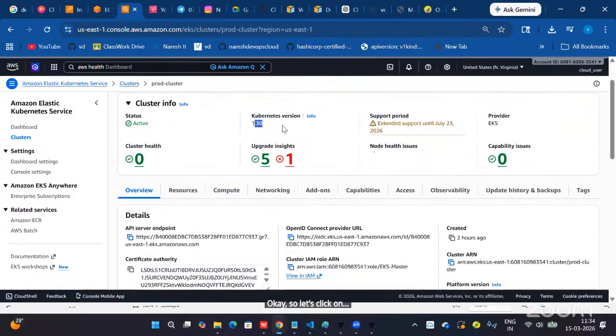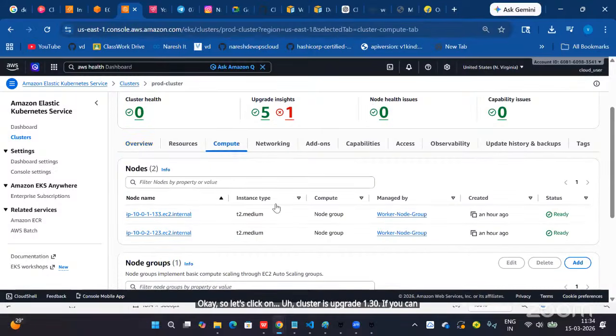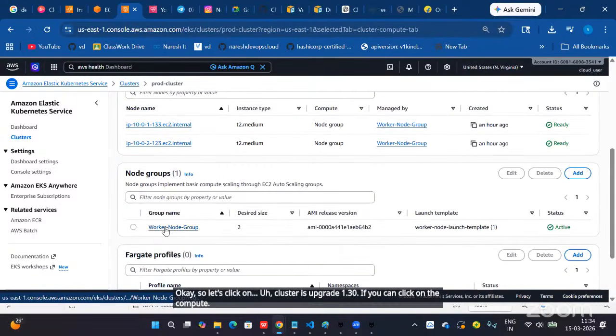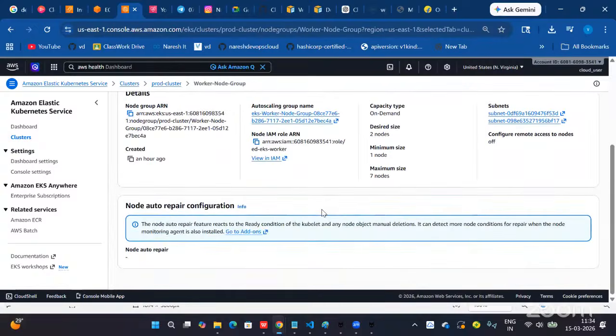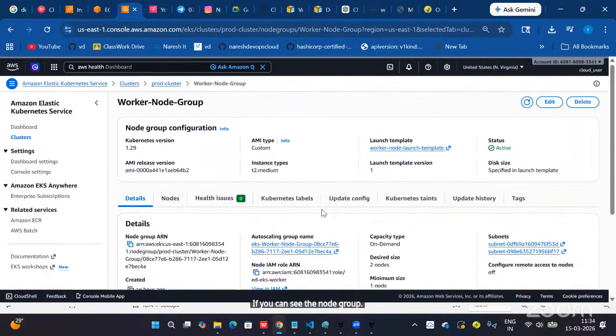The cluster is upgraded to 1.30. If you click on compute, you can see the node group. Let's refresh here.